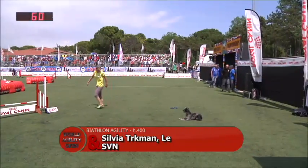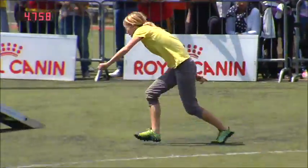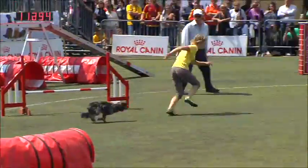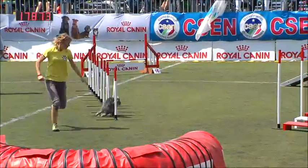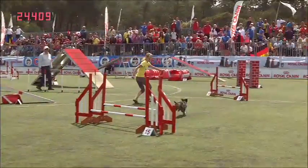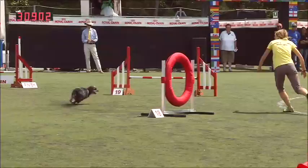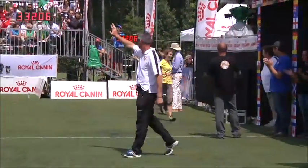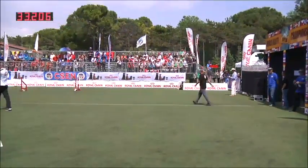33.80. But wait, here comes Sylvia Turkman. Gets the contact, 33.80, the time just posted by Jenna Kalwander from Suomi. This, of course, Sylvia Turkman from Slovenia. This is Lei. Will she be our world champion in biathlon? And unfortunately, she pushed it to the end, as only Sylvia Turkman can do. But of course, you push for speed, and the dog got very excited at the seesaw. So nice effort by Sylvia Turkman,